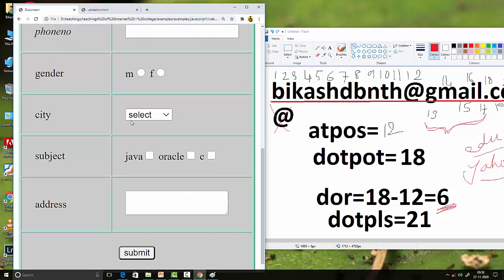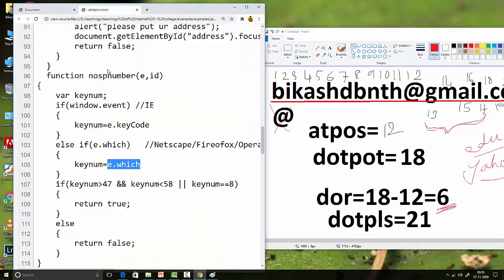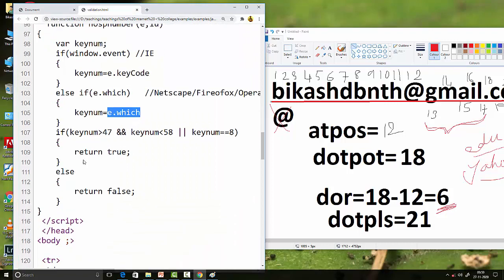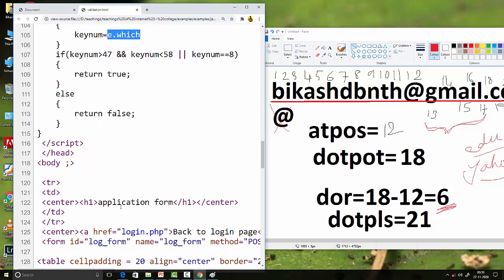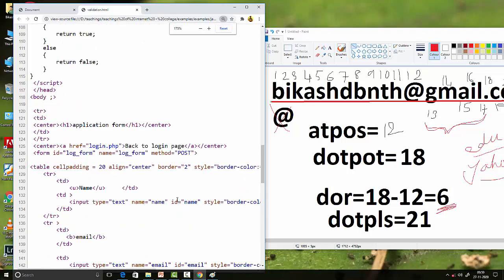Otherwise, when we are typing the phone number, if you put any alphabetic characters, I will send the example, you can try to put alphabetic characters and you cannot put them, but when you are putting numbers at that time you can put them. So all this checking has been done. The body script is given here. This is actually a PHP page from where I have cut it down.